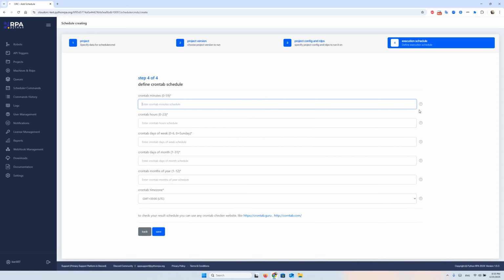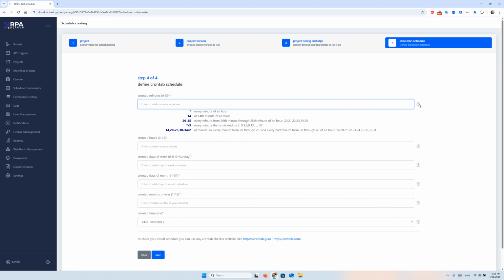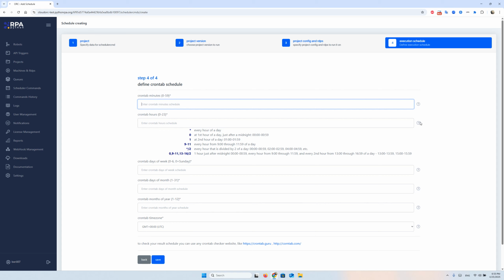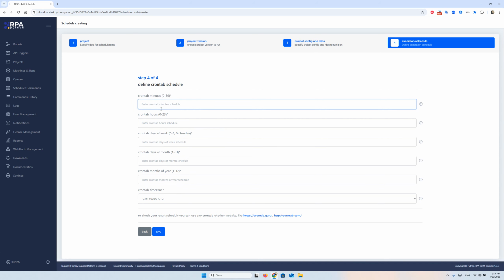If you hover over this question mark, you will see help text that shows you which options are available. This one is pretty flexible. You can set up to run your robot, for example, at 5:30 a.m. every day, every day of the month, every month of the year, and in some specific time zone. Or you can say, for example,